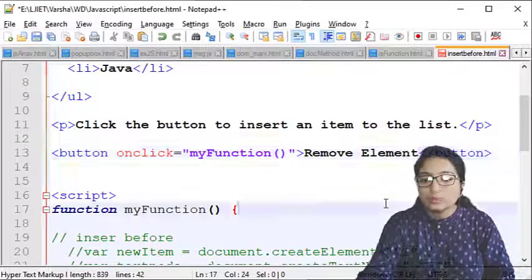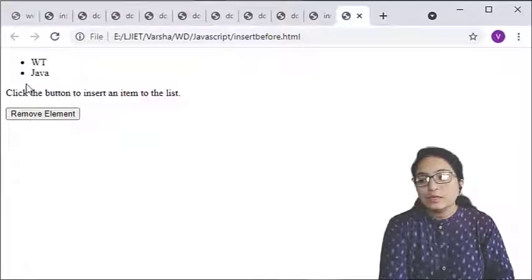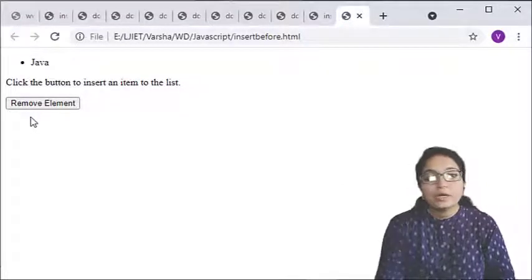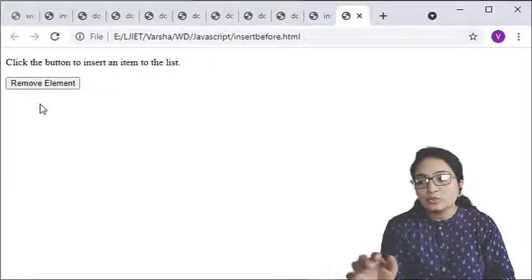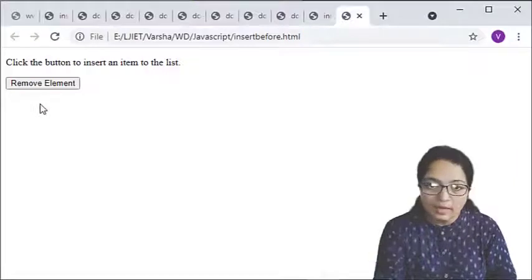Remove element. See, this WT will be removed. Got it? If I click again, Java will be removed. So this way you can remove the element also.